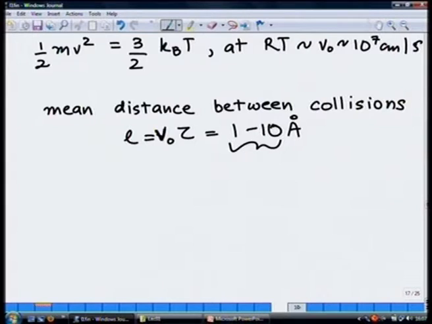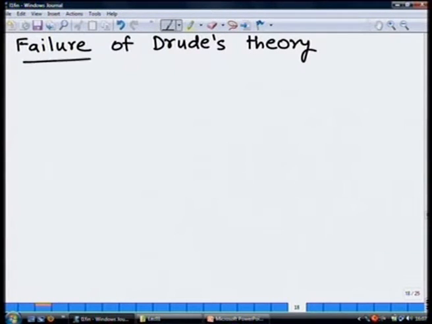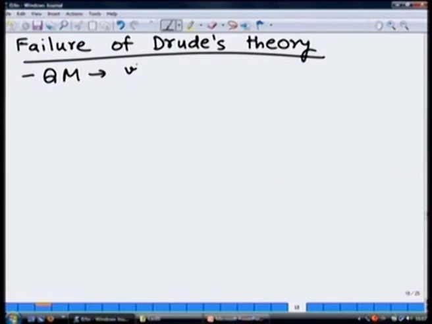failure of Drude's theory. We will see from modern quantum mechanics. Remember, the electron is a fermion, which means it follows Fermi-Dirac statistics. And so, if I take quantum mechanical theories, then velocities are an order of magnitude too low